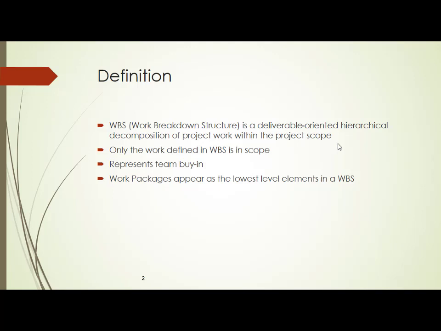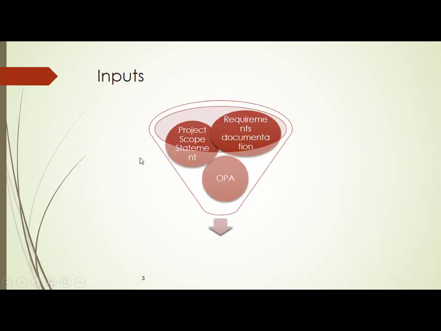Now, when you look at the hierarchical organization, the last element or the last portion of it is called a work package. So a work breakdown structure is organized in the form of an organizational chart, but the leaf part, the end part of that work breakdown structure, is called a work package. You will understand this very clearly when I tell you an example, but know the definition of a work breakdown structure. Now, how do you create this work breakdown structure?